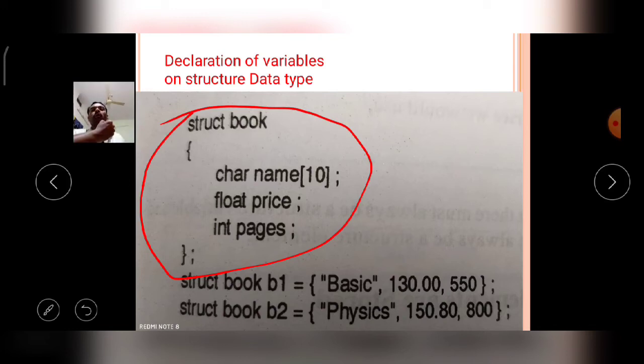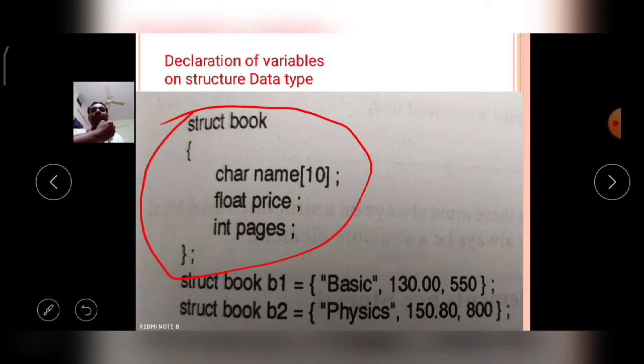Okay, so if a data type is available in the program, with the help of that data type you can create the variables. With the help of variables you can read the information into the variables, and after completion of the execution you will retrieve the information from the variables. This is the concept of programming.